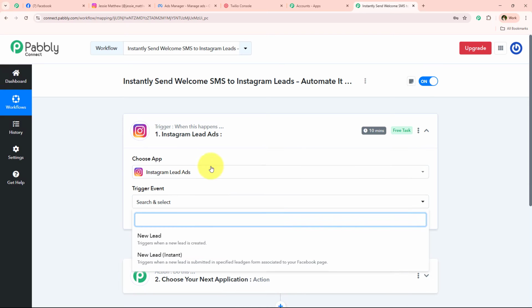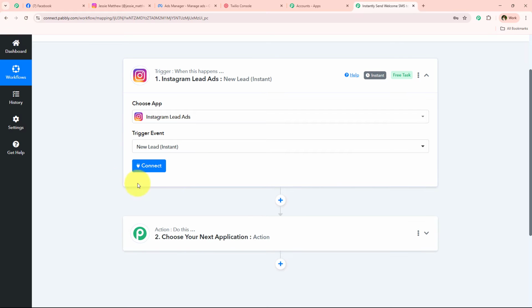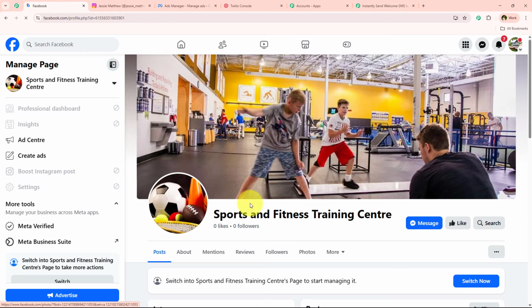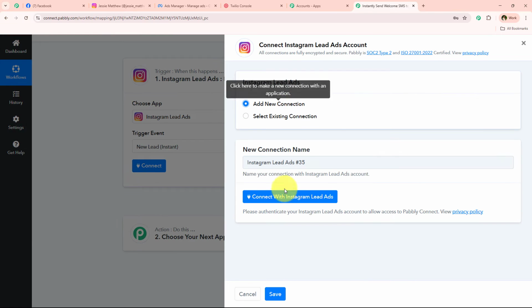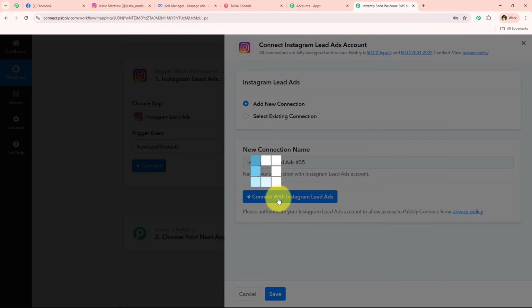And now for the trigger event, I'm just going to select it as new lead instant. So I'm just going to create this automation for my own sports and fitness training center, for which I'm running Instagram lead ads. All right, so what I'm just going to do is I'm simply going to click on this button which says connect. We're just going to go towards this add a new connection and then connect with Instagram